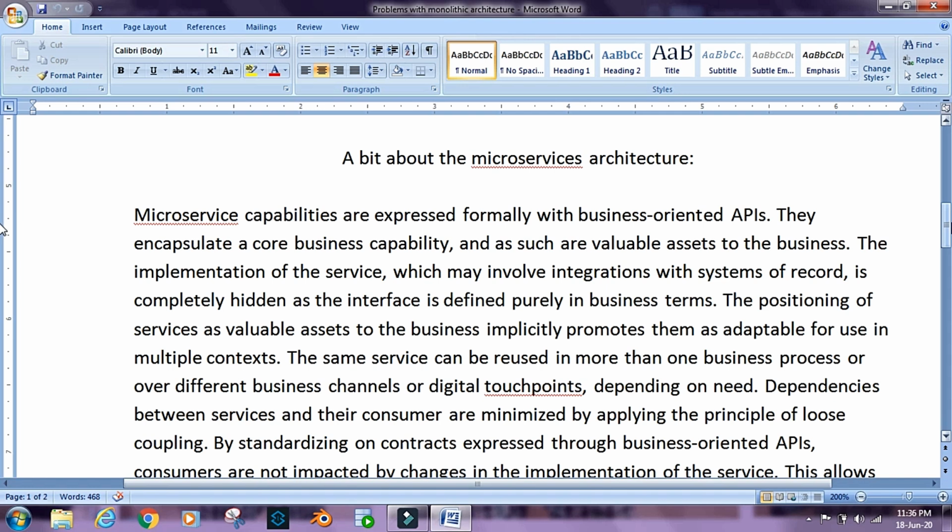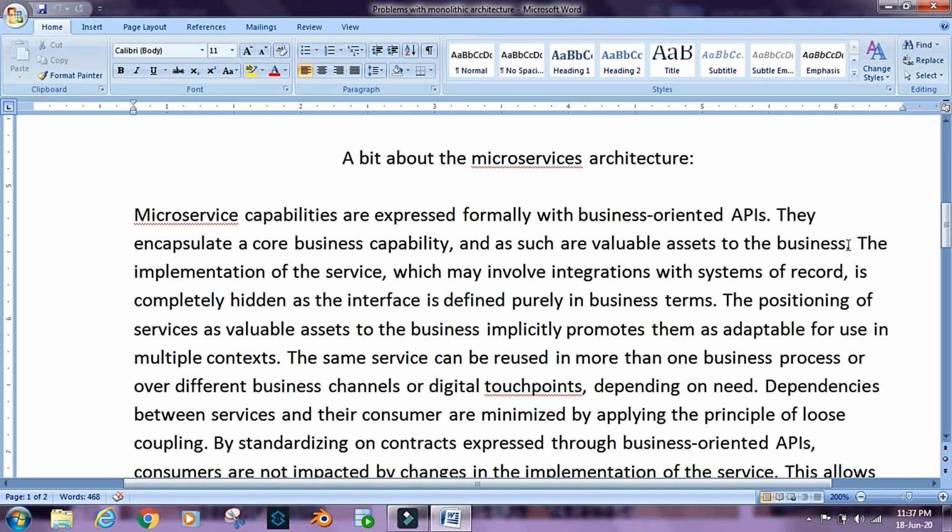All we are concerned about is the result that the API returns for us, right? So that is an API, and they encapsulate a core business capability, and as such are valuable assets to the business. So each API is an individual component, an independent component, an autonomous component, right? And each API can exist independently and doesn't really care about the existence of the other components. So each API is an individual component, and these APIs integrate or come together to make the whole system